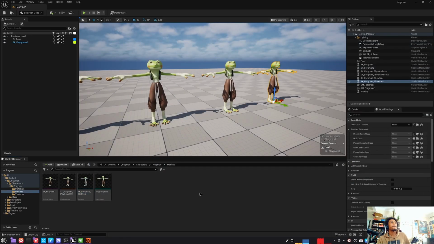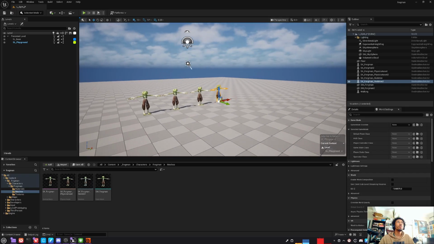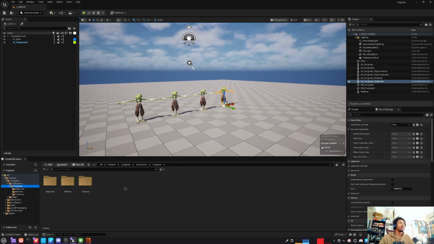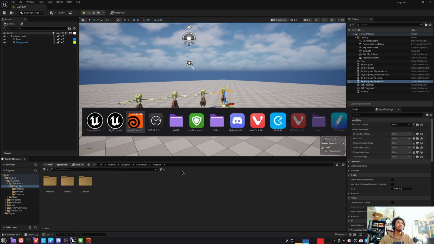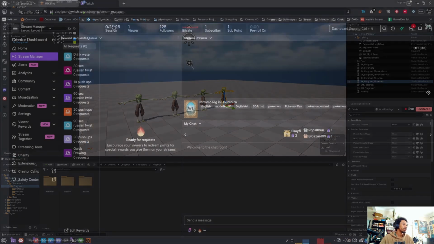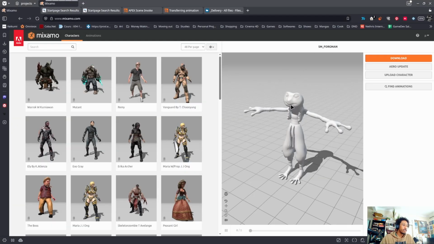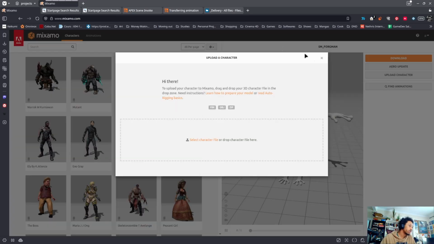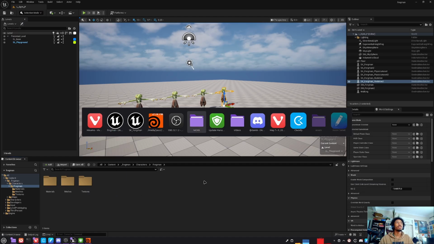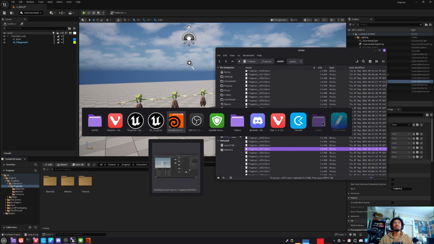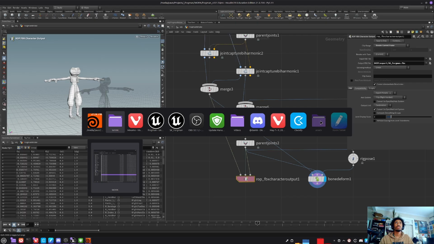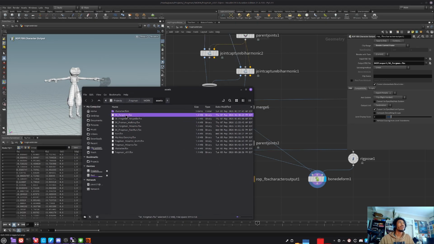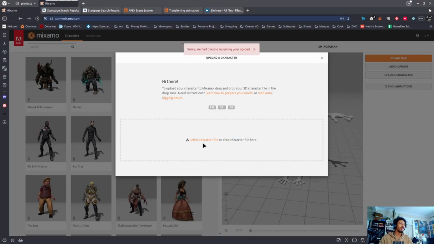That's perfect. So now that we have all of this set up, we will bring in an animation from Mixamo. So if I go back to my Mixamo, here we still have this, and if you don't have it, you can always re-upload the Mixamo version that we had exported earlier. So if I take my assets, we got SK Frog here. This is the base version that we exported from Mixamo. We can literally take it, bring it back in,